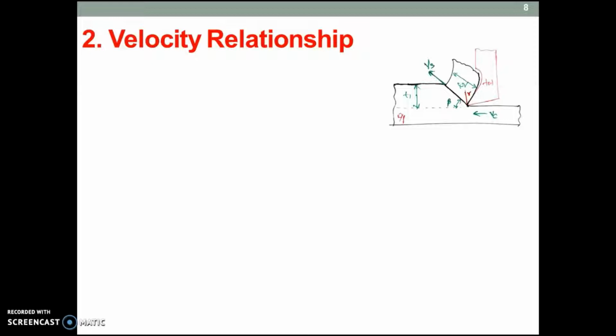So what are the velocities we have till now? In this figure you can see the model of the machining process where a tool is removing some amount of material in a workpiece. Here Vc is the cutting velocity. What is cutting velocity? The velocity of the tool with respect to the workpiece, that is Vc. Another velocity is Vs, which is the shear plane velocity or shear velocity, the velocity of the chip with respect to the workpiece.